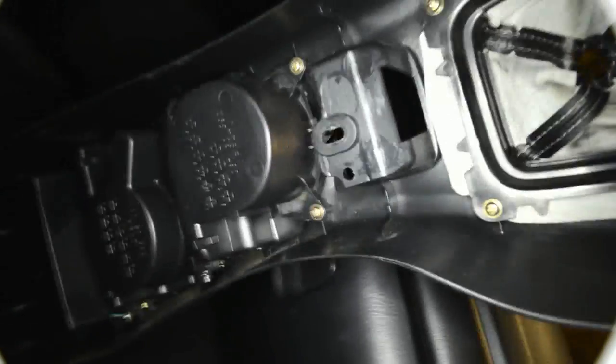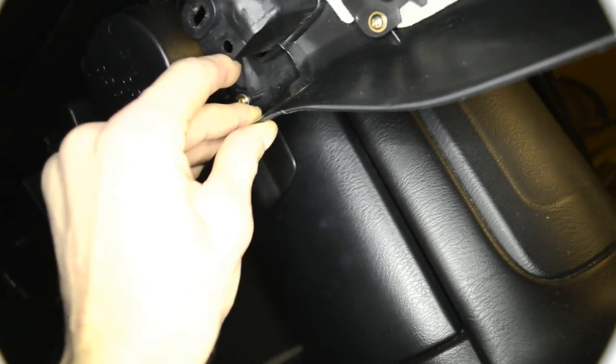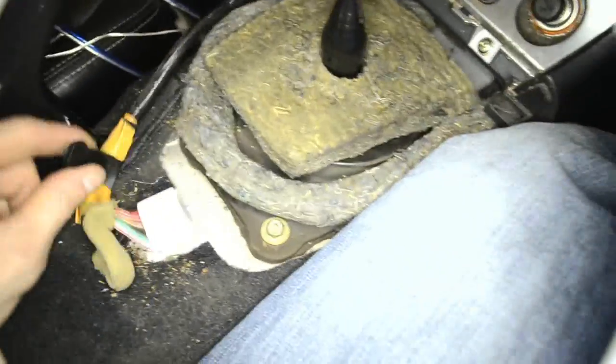So one more thing, there is that connector. As you can see, there is that pin which is basically holding all the wires to this middle console, and there is a place for a screw, and this one is for that pin. So be careful not to rip out all the wires with the middle console. Pay attention to this one, because this bit goes in here to keep it steady. Alright,